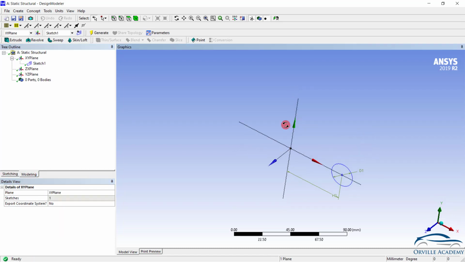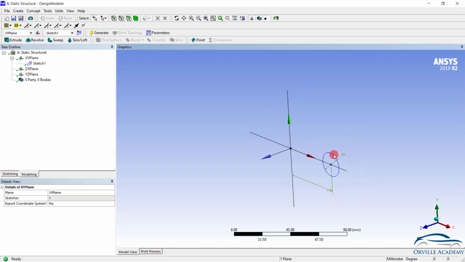Again let us come to the modeling. Now here we have created a profile, but I want this profile to follow a particular path. So let us create a path, but keep in mind while creating the path you will have to create it in the plane perpendicular to the plane in which you have created the profile. So here I can go for the ZX plane. So let me create on the ZX plane.